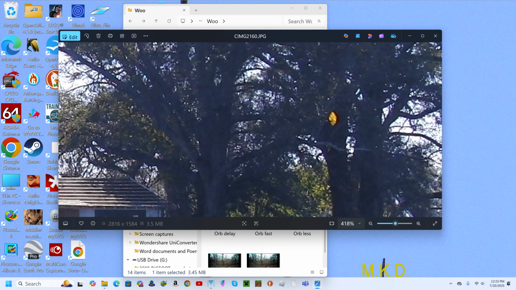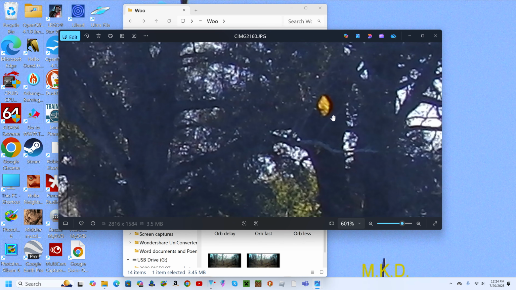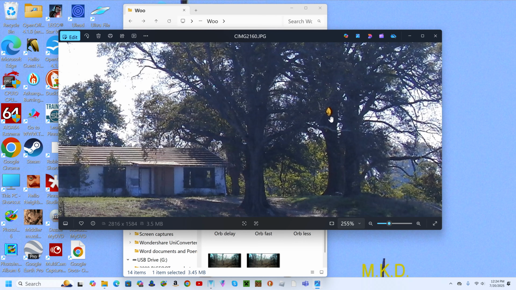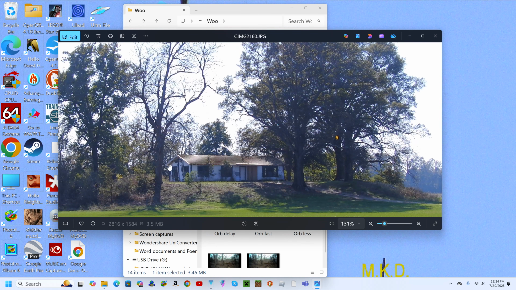See up in that tree? And this is not a lens flare. It's basically shaped like that other orb in East Texas, except that it's tilted over. It's got kind of a gold foil look. I don't know what this is, but it was in the trees. I didn't see it until I got home. I didn't see it out there. I didn't pay attention. I was looking at the house. But I'm learning to pay attention.